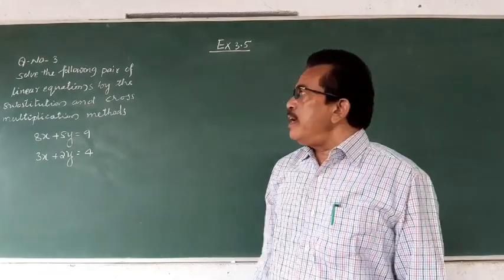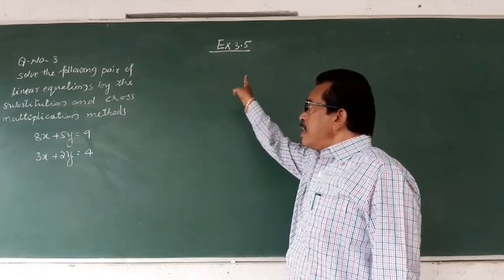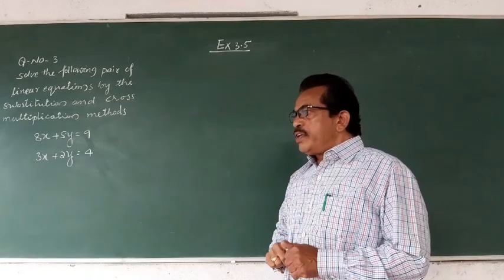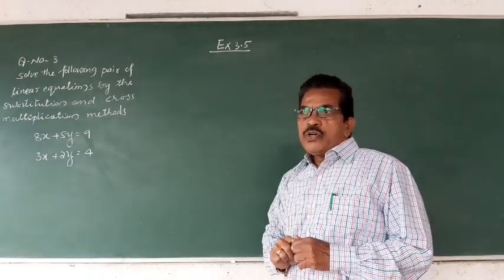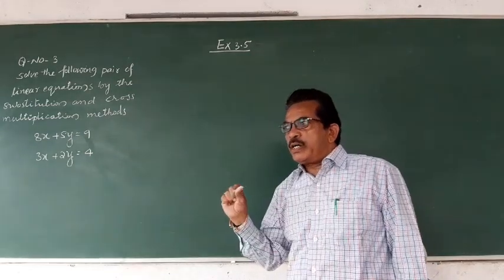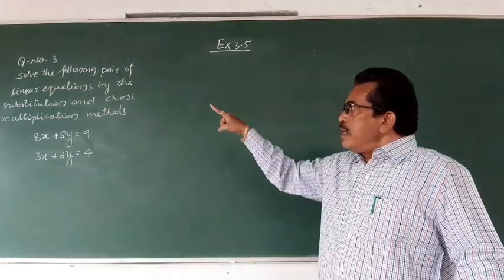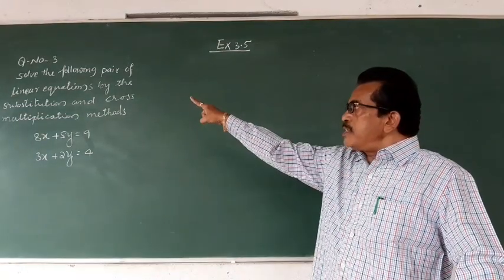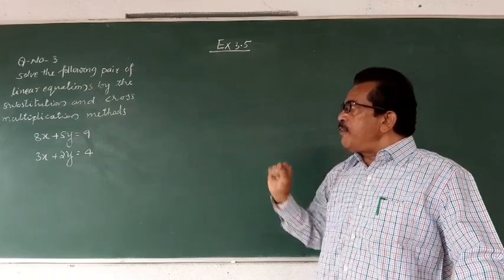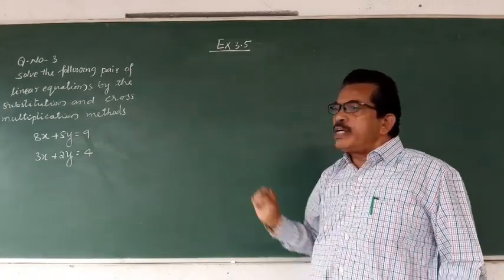Okay, see, today we'll continue exercise 3.5, question number 3. Yesterday I already gave you some problems for homework. I hope all of you have solved them. Now today the question number 3 is: solve the following pair of linear equations by the substitution and cross multiplication